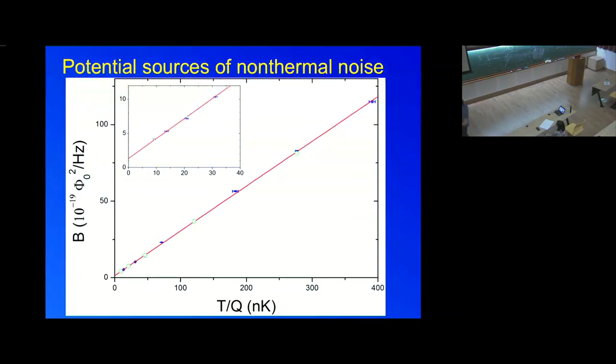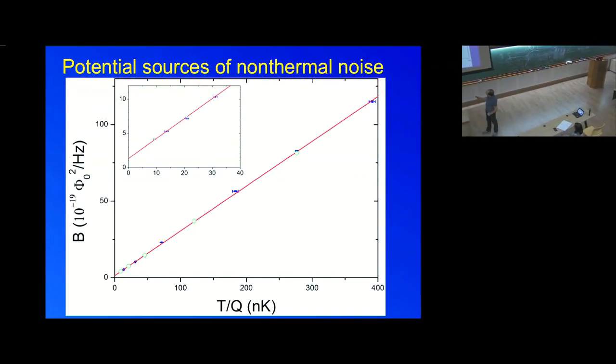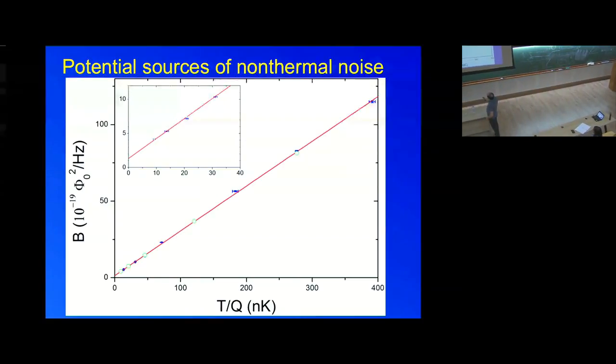Okay, yeah, that's a good point. So I think the lowest point is 38 millikelvin. 38. So it means that you would have something like some percent of error. So you would expect actually this point to be slightly higher than, but I mean